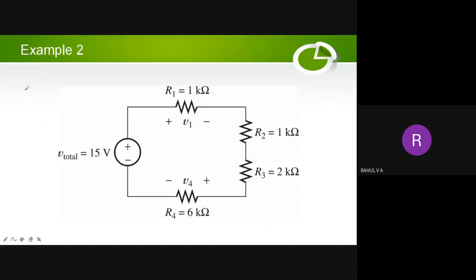Now you have to do this numerical. Complete it and tell me what we have to find out is what is the voltage drop across R1. So here everything is marked. Total supply is 15 volt. R1 is 1 kilo ohm. Kilo means 10 raised to 3. That you should remember. R2 is equal to 1 kilo ohm. R3 is equal to 2 kilo ohm. R4 is equal to 6 kilo ohm. You have to find out what is voltage drop across R1 and what is the voltage drop across R4. Now tell me the answer. So this is a work for you. എല്ലാവരും പെട്ടെന്ന് ചെയ്ത് കാണിക്കണം.